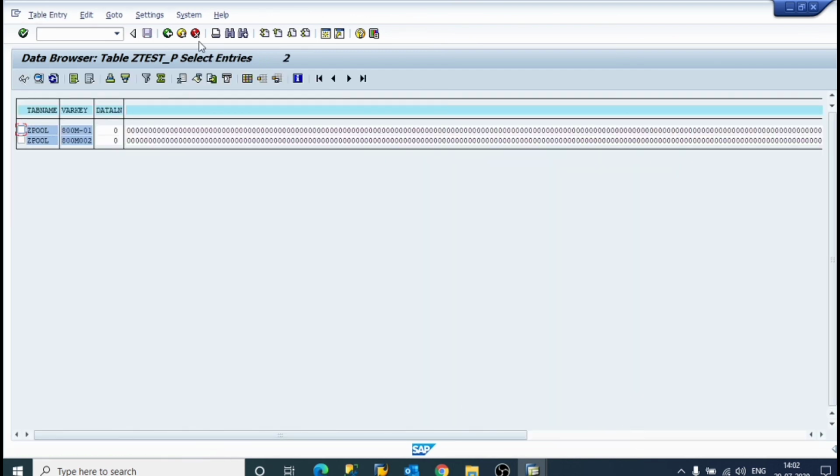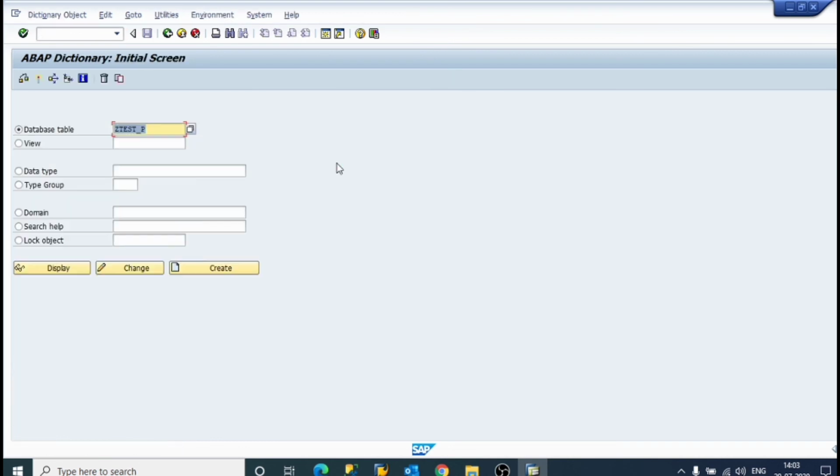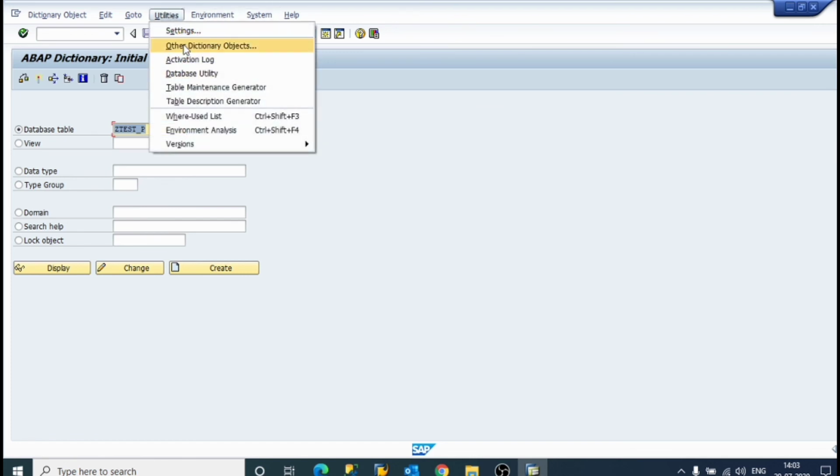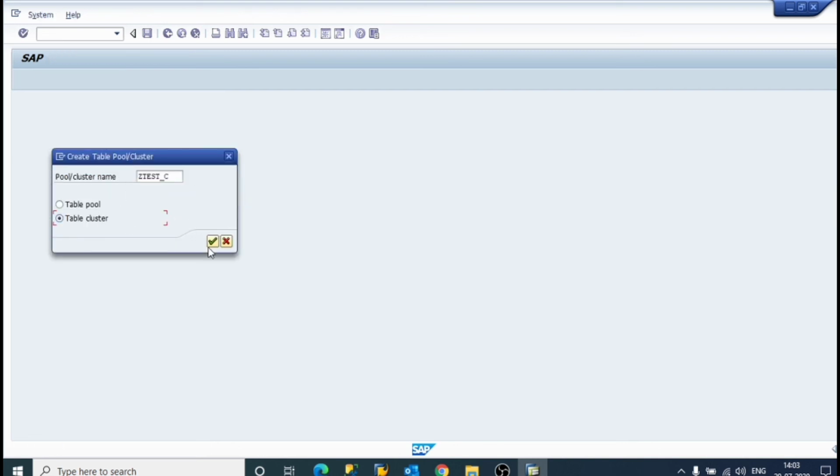See. Now we'll create cluster table and table cluster. Now we'll create table cluster. First, click on SE11. Now utilities, other dictionary objects, table pool and cluster. So just write C, create table cluster. We have created table pool. Now we will create table cluster.